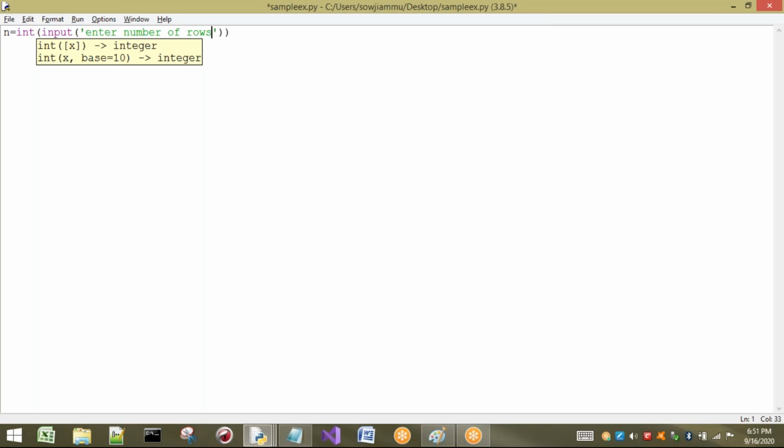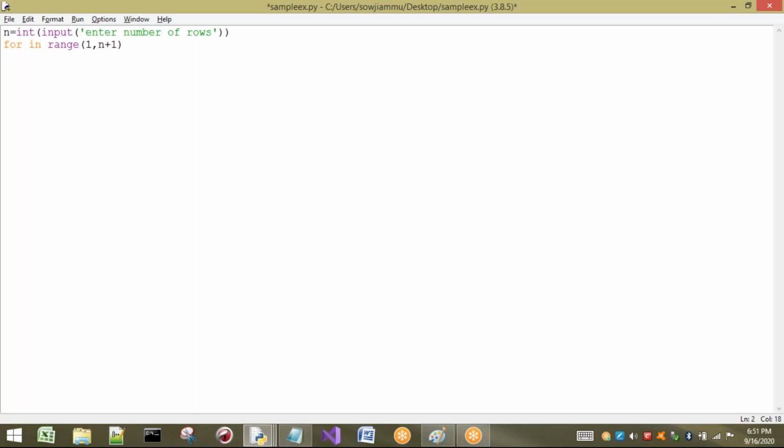If you want 5 rows you can take, or 6 rows also you can take, any number of values. Now for i in range of 1 comma n plus 1.